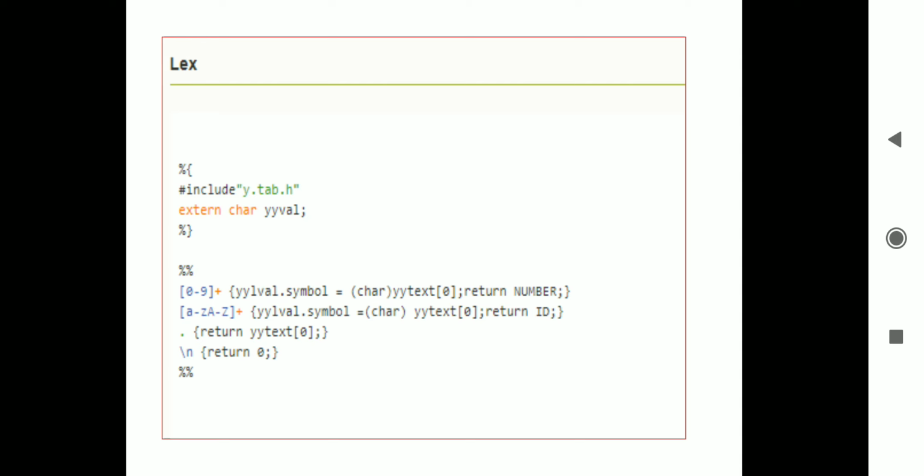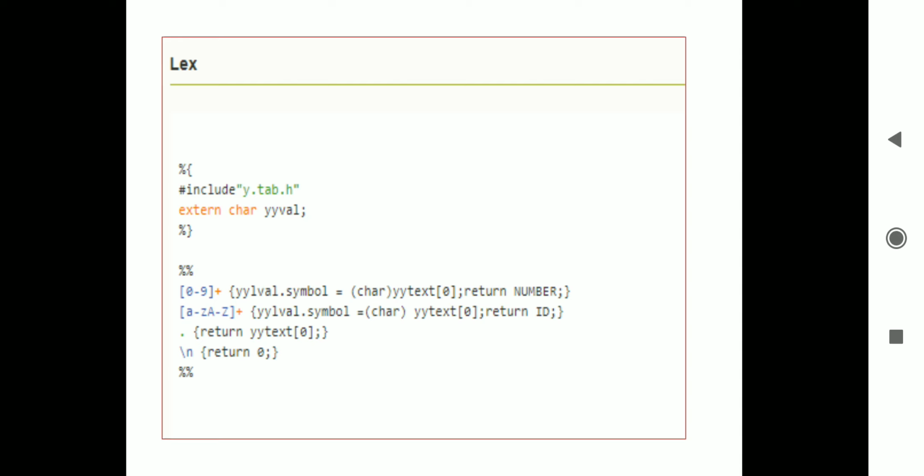Here we have to include the header file y.tab.h, and we have taken one extern variable, yylval. The definition of this variable is somewhere else, so that's why we have written extern here.